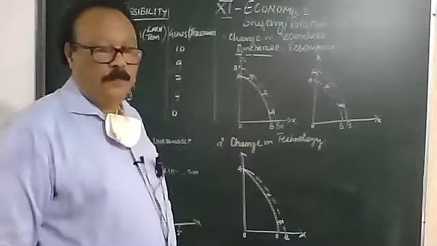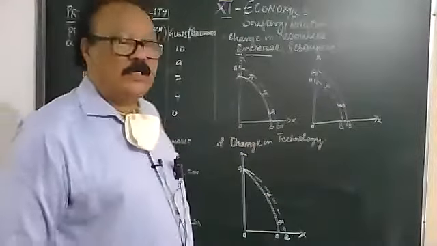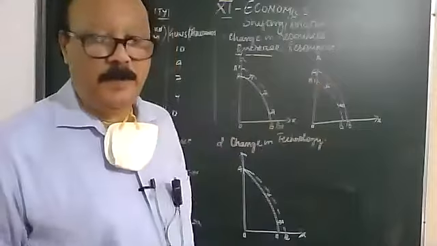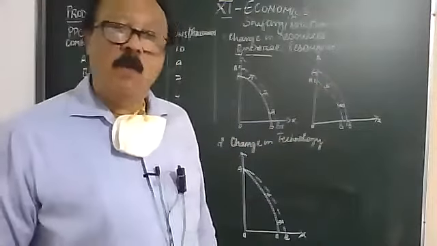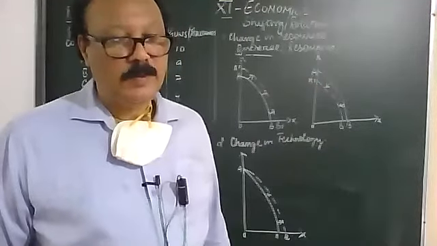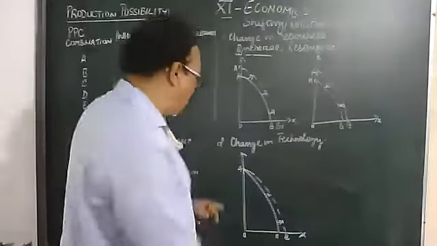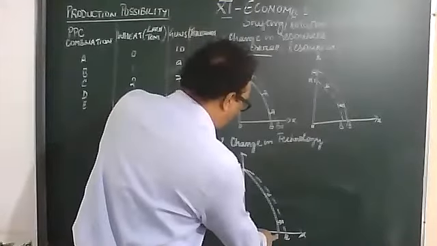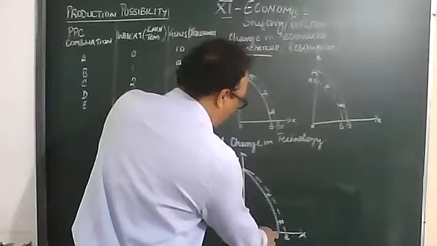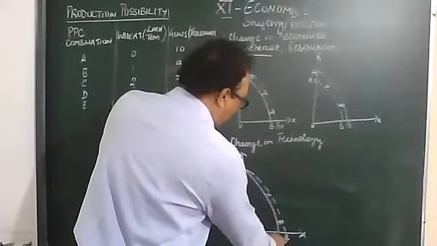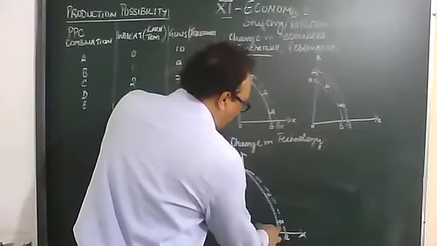Now look here, children. X technology has been upgraded. So there will be more production for X. So the PPC will rotate towards X. First, we could produce only AB, but now more of X can be produced from B to this part,